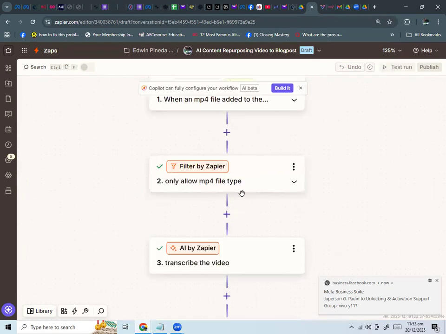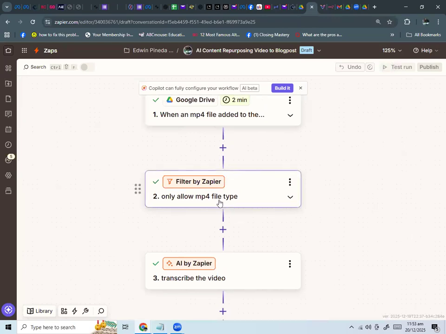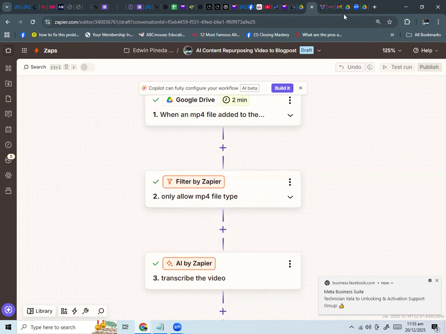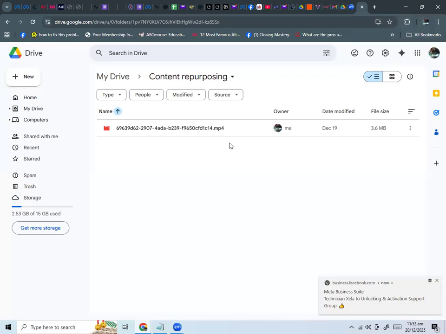Then I put a filter after this trigger. It will only continue if we have uploaded an MP4 file to that Google Drive folder.